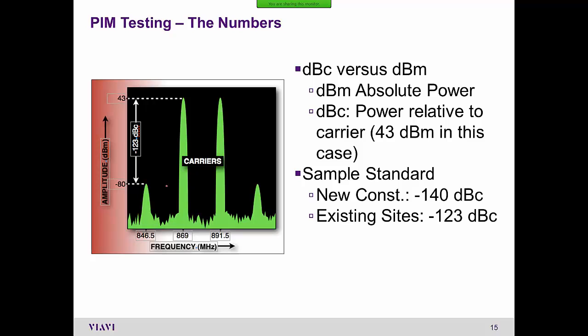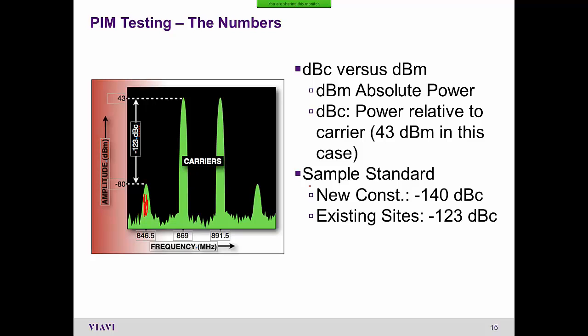So sample, you could measure absolute power, or you could measure power relative to the carrier. As I mentioned before in that example, minus 80 dBm would be the absolute power in this intermod that's down here at 846.5, or you could reference that power level relative to the power in your carriers by saying minus 123